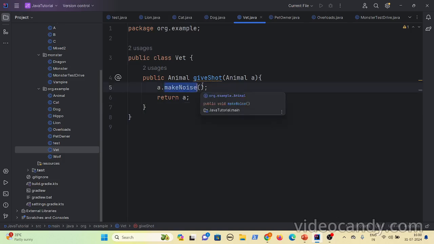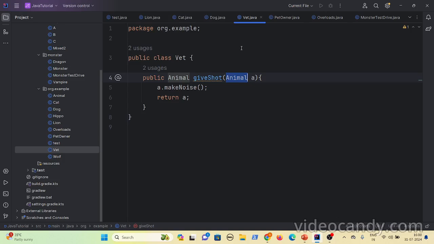Under the animal you have cat, dog, hippo and lion, right? Will you be able to tell which animal is making noise? No, you don't know, unless during runtime you know which object is getting passed here. Based on that object only you will get to know which animal is making noise. By just looking at this method, you don't know which animal is actually making noise.